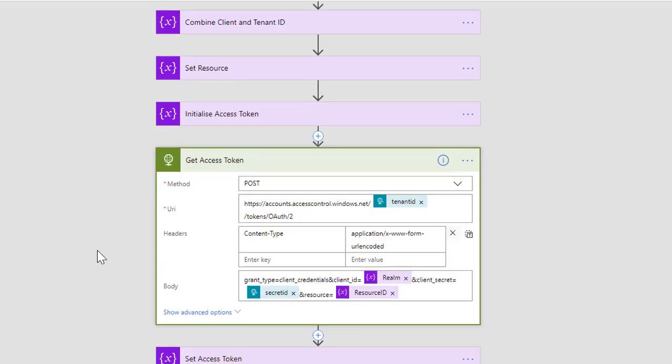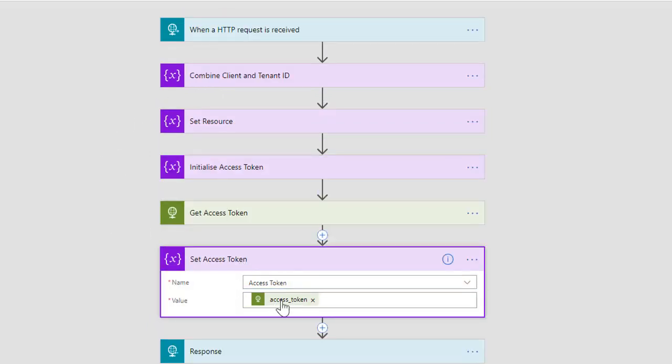Finally, I then talk to, I'm not talking to SharePoint now, you can notice I'm actually talking to accounts.accesscontrol.windows.net. I'm passing in my tenant ID and I'm saying, give me an OAuth token, thank you. And in the body of this HTTP request, I'm saying I'm after a client credentials grant. Here's my client ID, here's my client secret, here's my resource, which is all built from these variables. And all things going to plan, I end up with an access token that comes back, which I then send